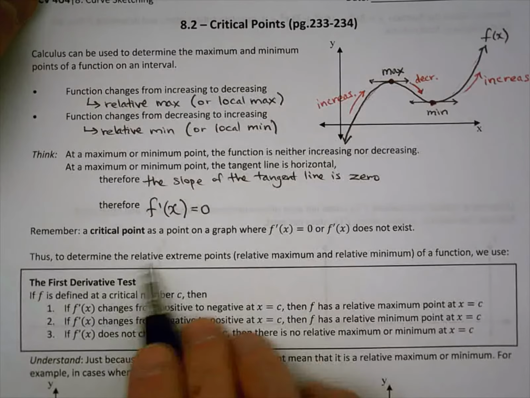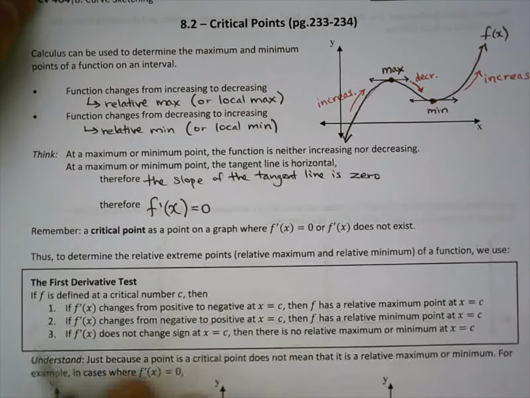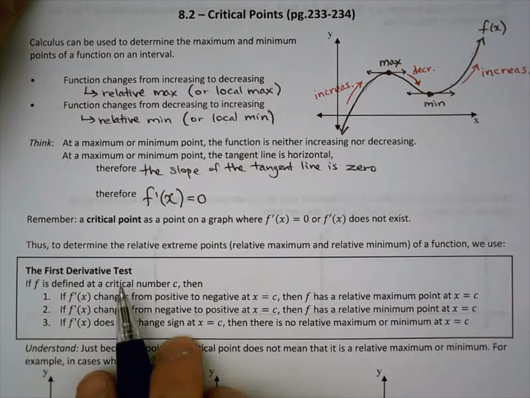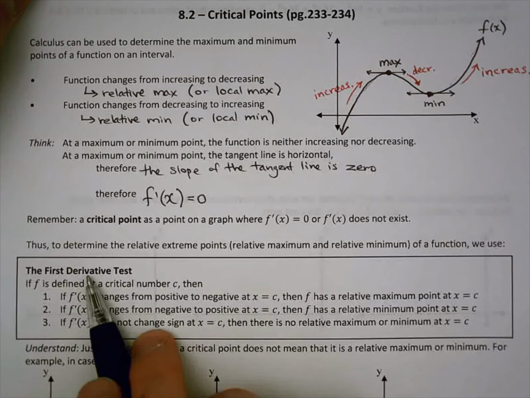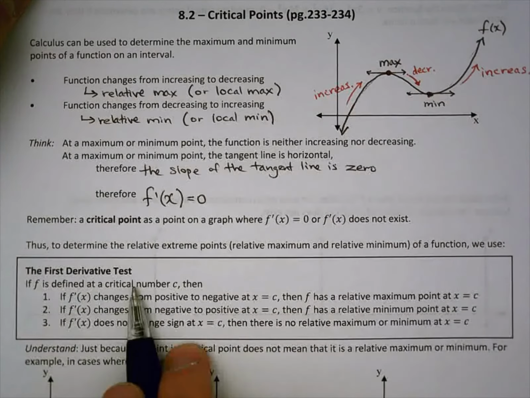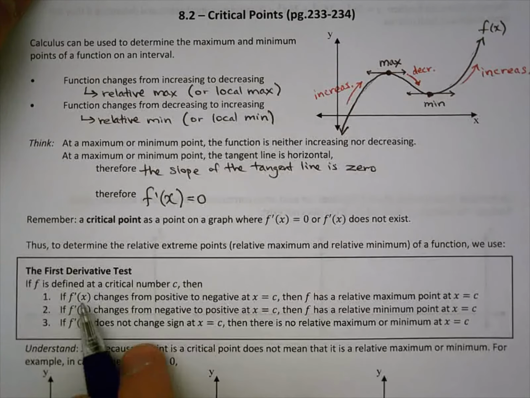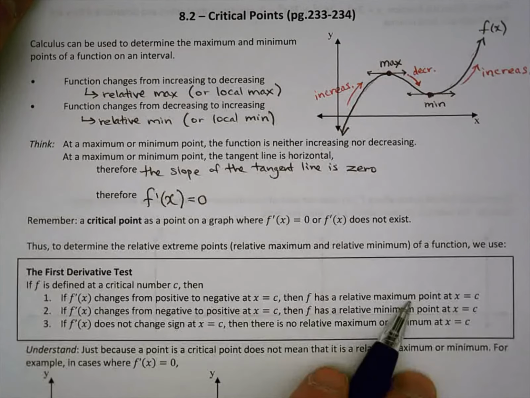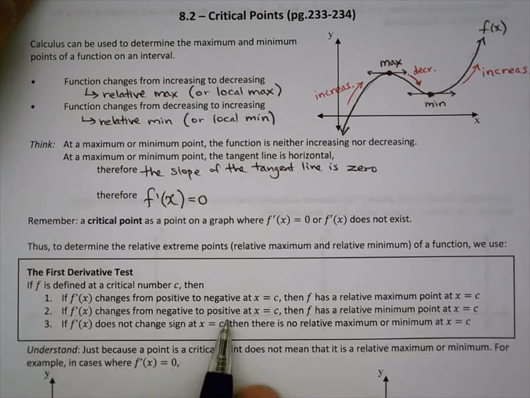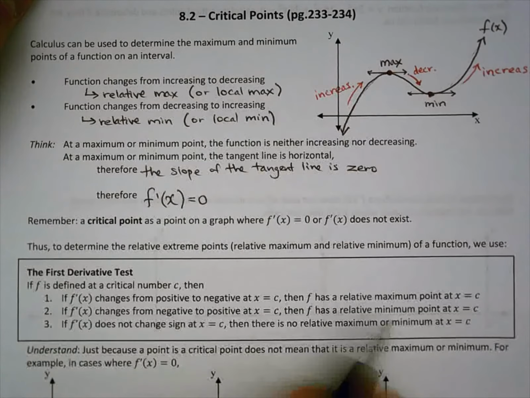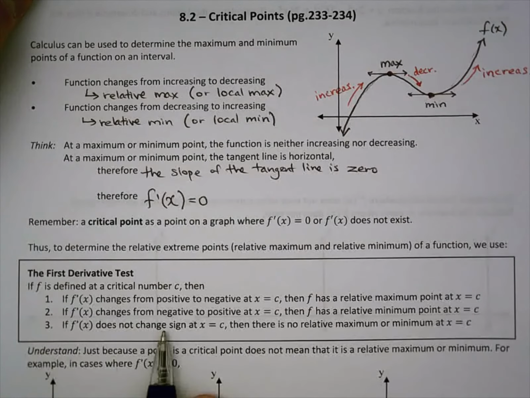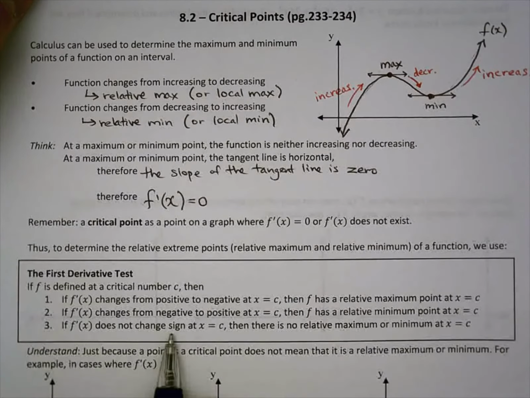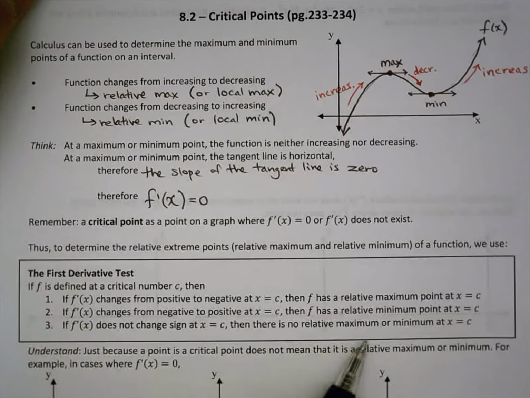So to find these relative max min points, we're going to use something called the first derivative test. To use the first derivative test, we need to find all the critical numbers. Now, at the critical number, if the derivative changes from positive to negative, then you have a max point. If it changes from negative to positive, you have a minimum point. If the derivative does not change sign, then there is no max or minimum